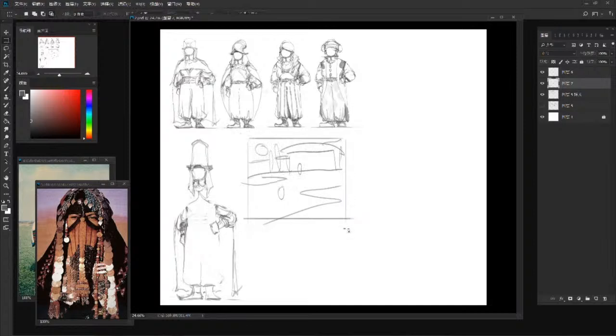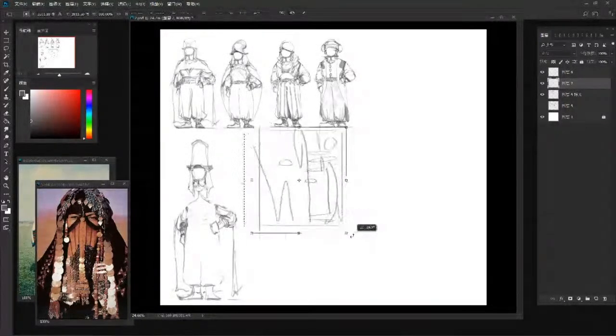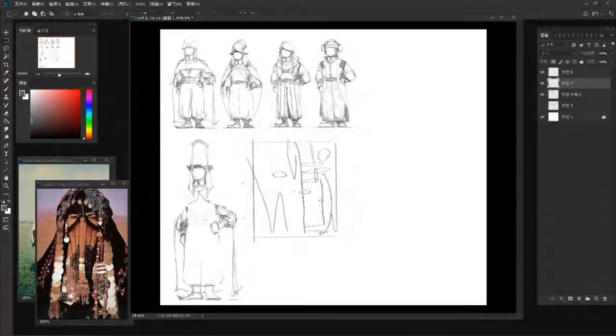Maybe I just change the whole composition, like maybe I turn it vertical like this. Maybe the whole thing is going to be changed, but still, if I got something interesting, I can still make that into an interesting idea, I guess.